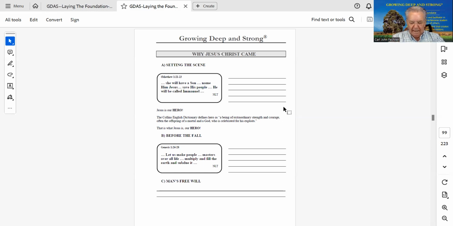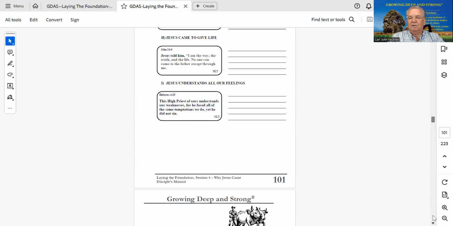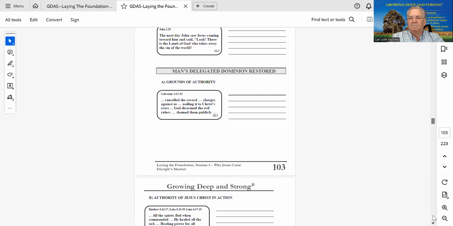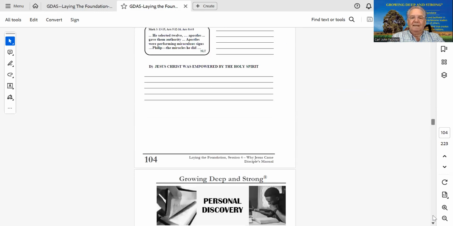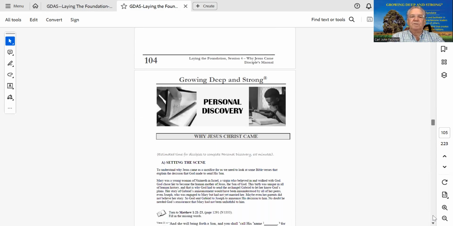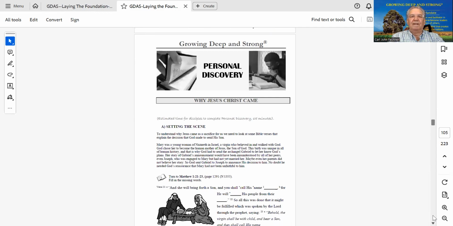All right. So the next thing that takes place, I'll use their manual. Let me scroll this up so you can see all the notes that are there. This section here is what we now term the personal discovery.